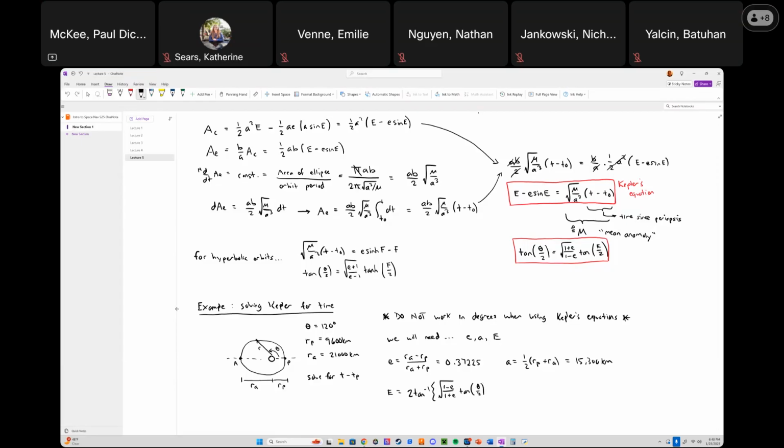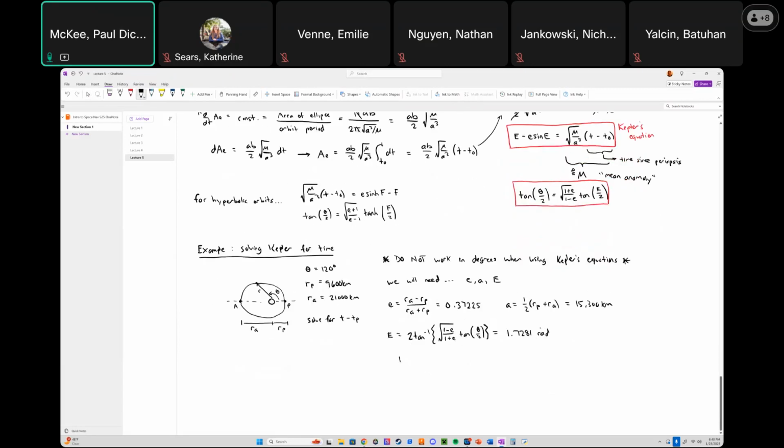Sorry, we'll do squiggly bracket here. And E is 1.7281 radians. I give you the numbers in case you want to go through and code this up on your own. Well, then in this case, we just solve Kepler's equation. We have E minus e sine E, we have mu and a cubed. So all we would need to do is say